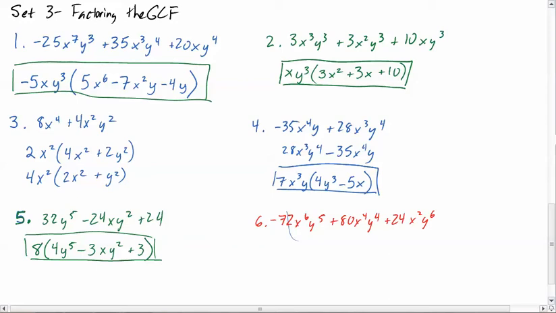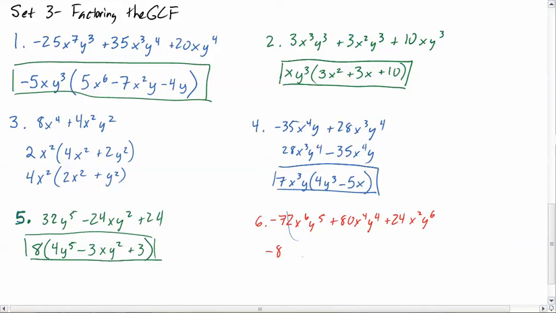All right, so we've got a 4. How about an 8? Does 8 go into them? 8 goes into 24. 8 goes into 80. 8 times 9 is 72. So 8 works as well. All right. Anything bigger than 8? Let's see. 12 doesn't go into 80. So let's try 8. Notice that the leading coefficient is negative, so I really should take out a negative 8. Negative 72 divided by negative 8 is 9. Holy smokes. I forgot the